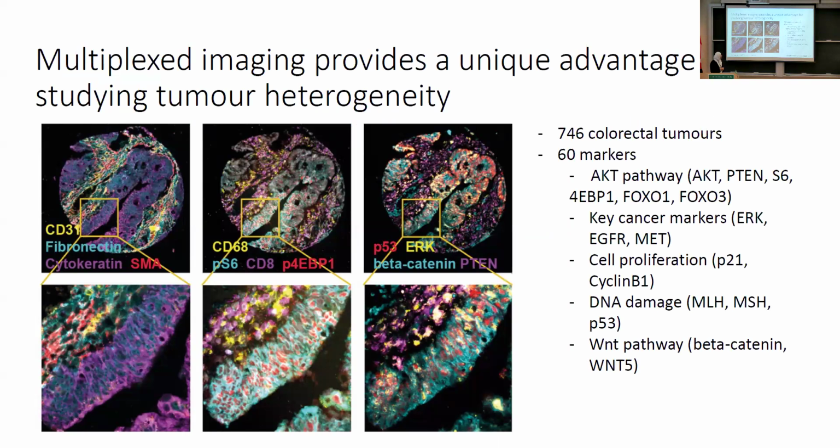And the first example I will give is based on multiplexed imaging data. What these images show is a tumor that is 1 millimeter square in size, and what we can do is stain different proteins in these tumors. So we can stain proteins associated with vascularization in endothelial cells, CD31. We can look at proteins associated with extracellular matrix. We can also look for various cell types, so the proteins associated with macrophages, CD68, CD8,